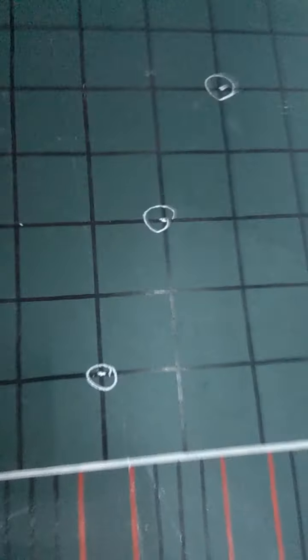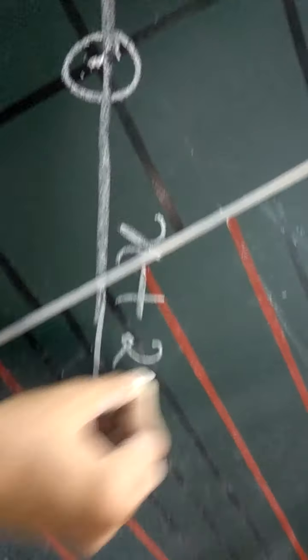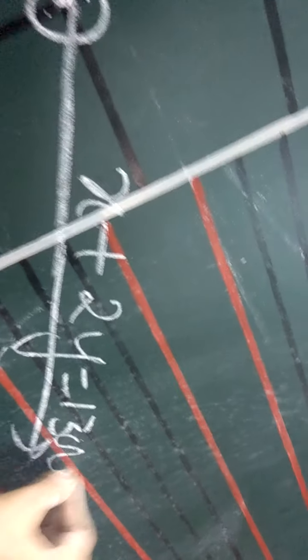As I told you, these are linear equations. Join these points using the scale like this. You will definitely get a straight line if your calculation is correct. Now let us represent the second line. And also we will write x plus 2y is equal to 1300 on this line. x plus 2y is equal to 1300. This is our first line.